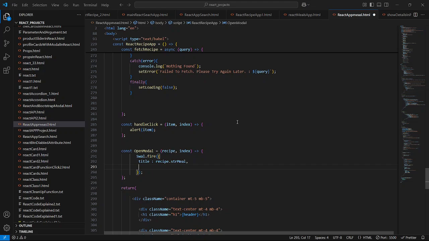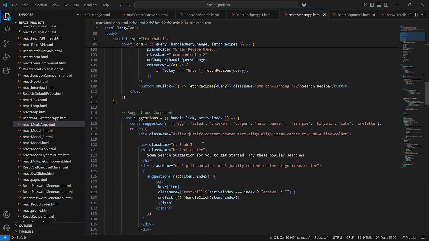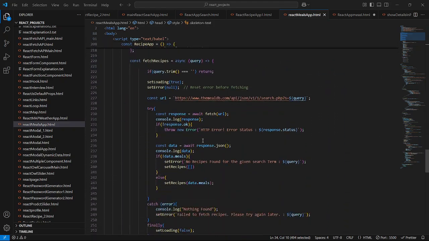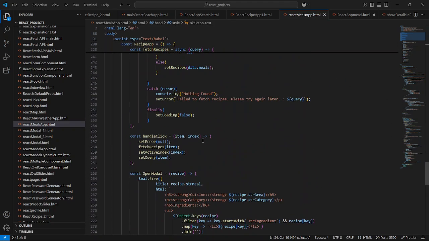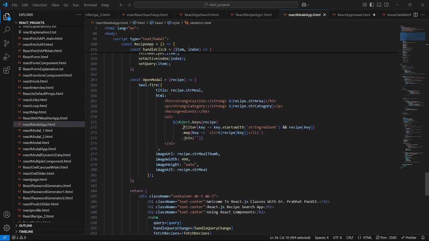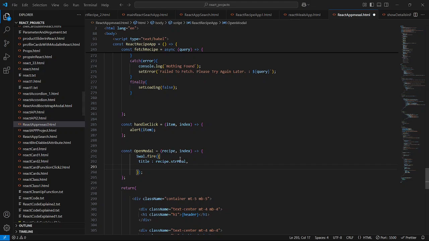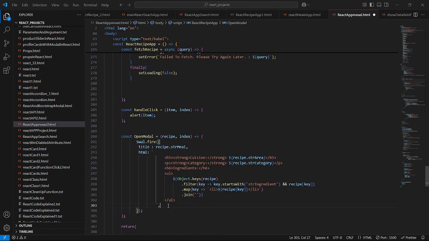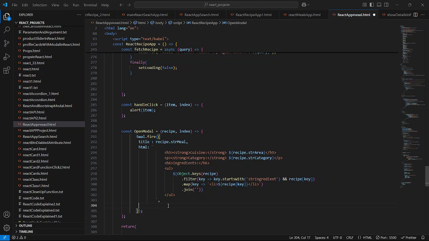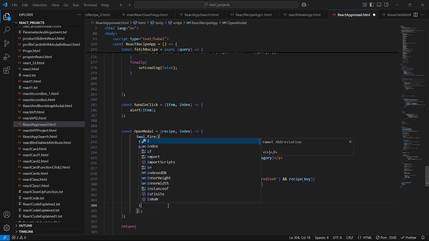Okay, so let me just copy this HTML part from there only. It will save a little bit of time. I have already explained this very well. So copy this HTML part from here to here, and just paste it here. So this is it. Now we will say here the img